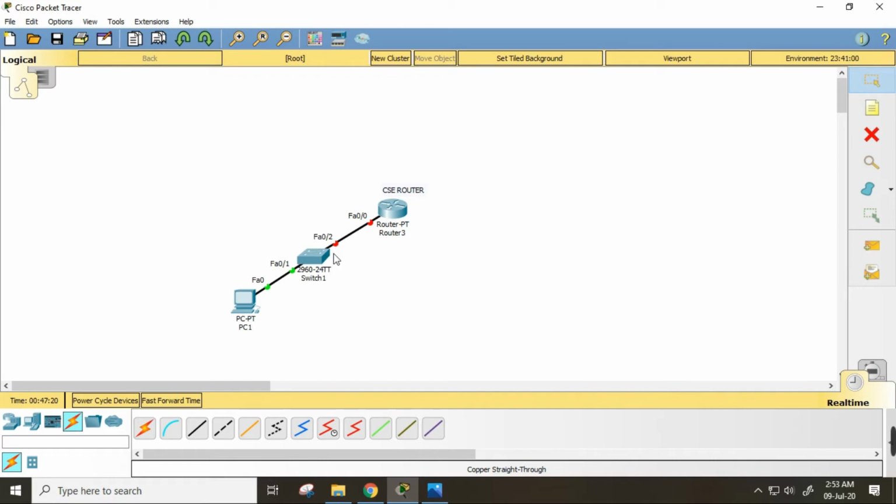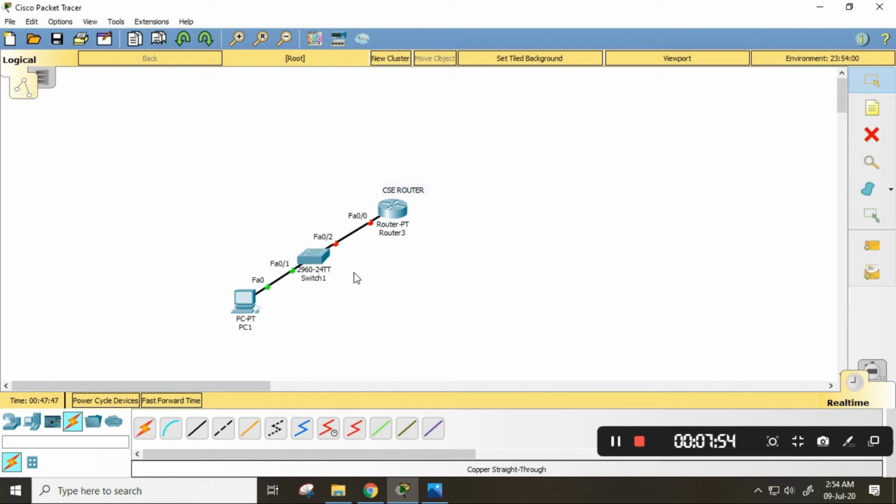All right, so for now we just need to know what this green light means or what this red light means, and whenever we're gonna be learning router setup and router configuration, then we'll see that when we set up the router, then these red points become green. All right,